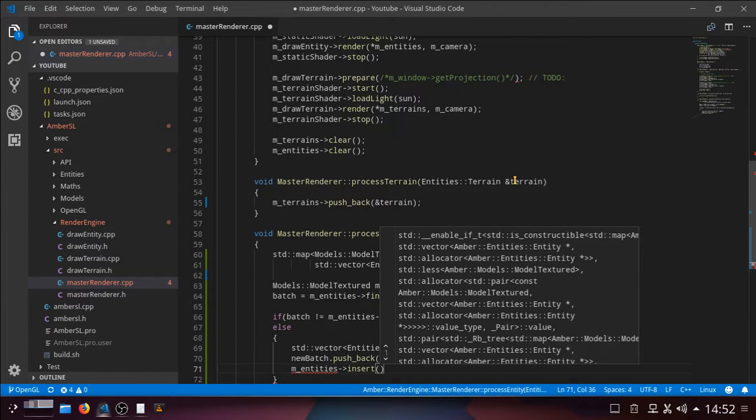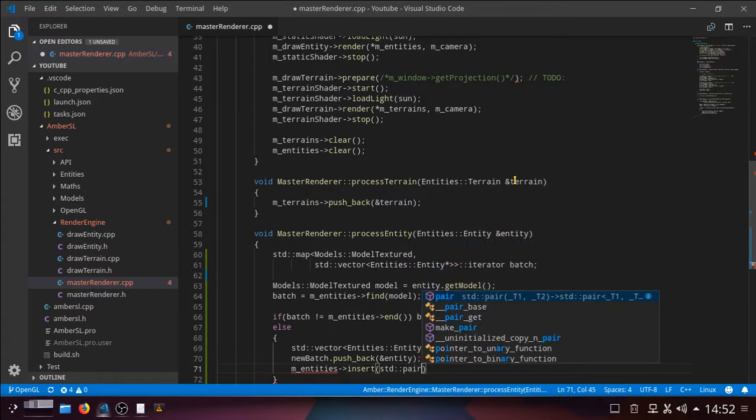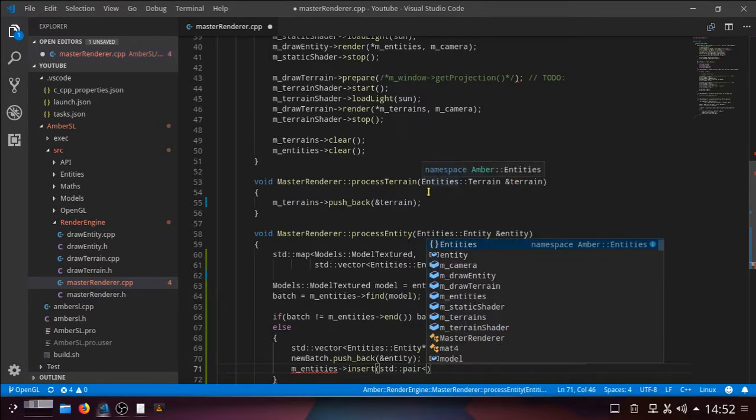Maps work in pairs. So it's going to be an std::pair. Again, it's a pair because we have our first part, comma, second part. So there's a pair of them. We are inserting in a pair. So the first part of that will be